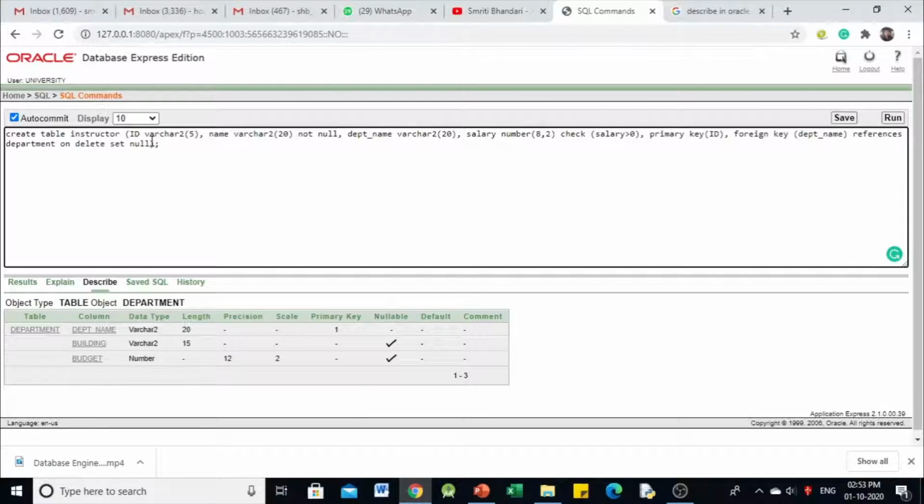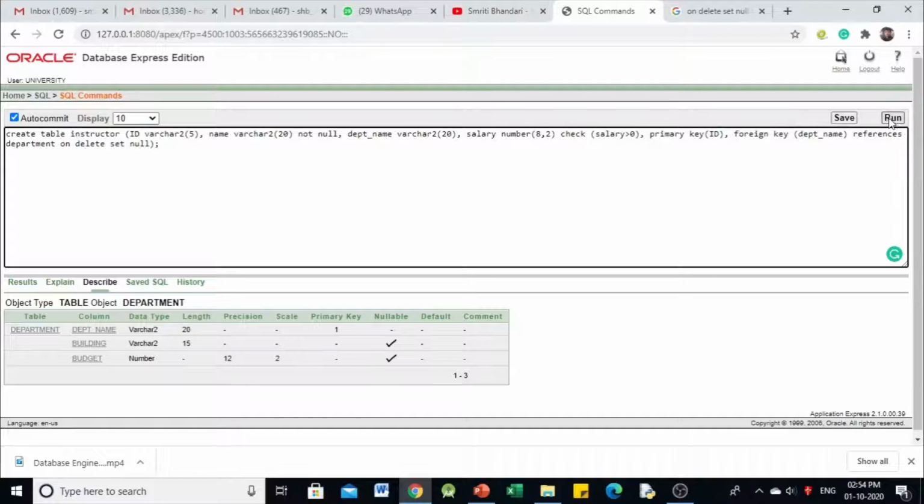This means that if the respective record in the primary table, that means in the department table, gets deleted, then the respective tuple in the instructor table will have the department name value set to null.